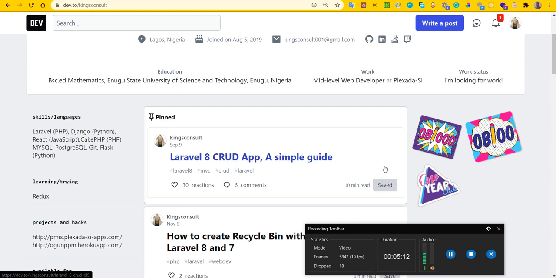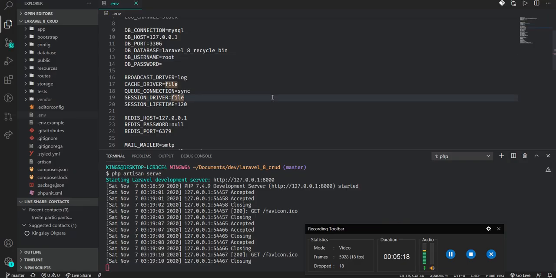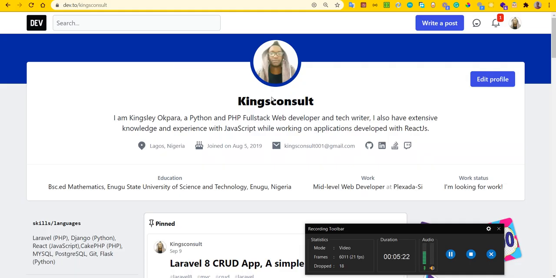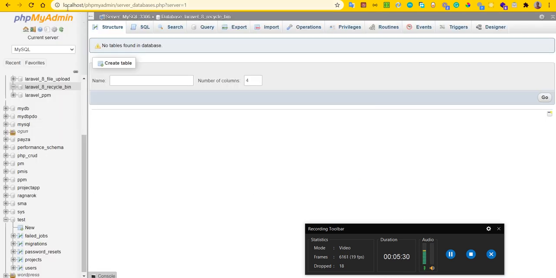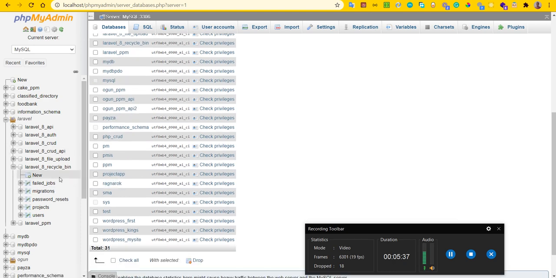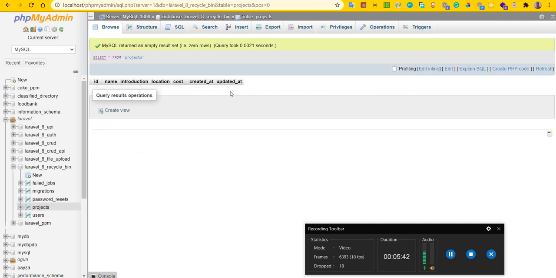Now after that, let's move on. Now our app is working. The next thing we are going to do right now is add a column to the existing one, because if you check the migration files that we ran, coming to the project, you are going to discover that it has these columns: name, introduction, location, cost, created at and updated at.